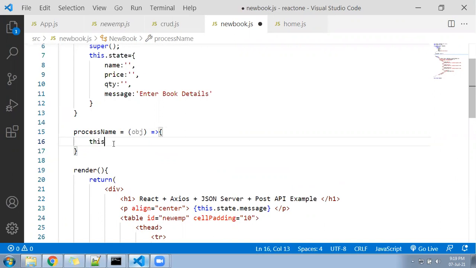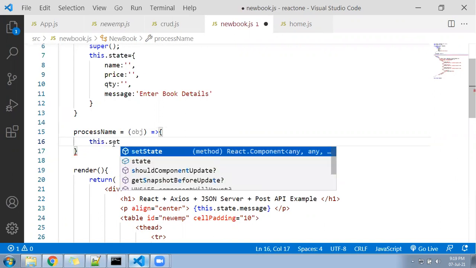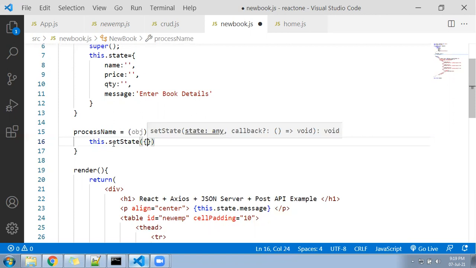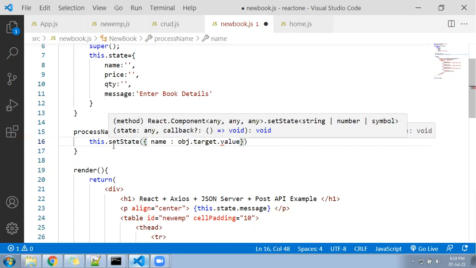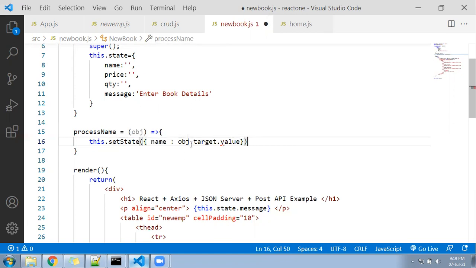So this dot setState, inside our variable is name, and we want to pick the value from the text box. So I'll go here and write event dot target dot value, event dot target dot value. So it will pick the value of the text box and it will give to whom? Name. Same way, three more functions you need.